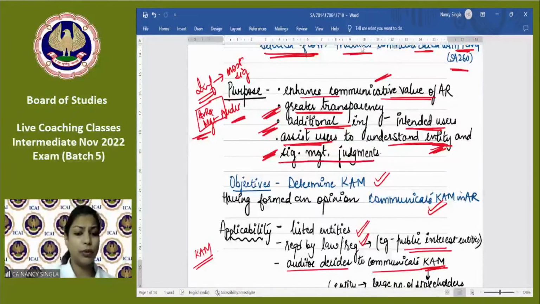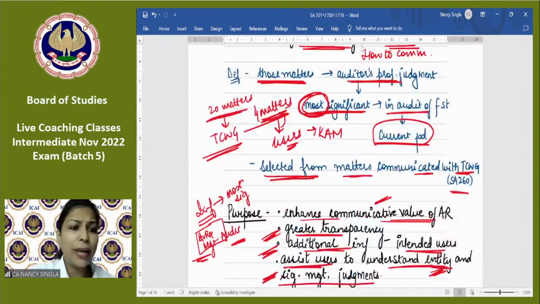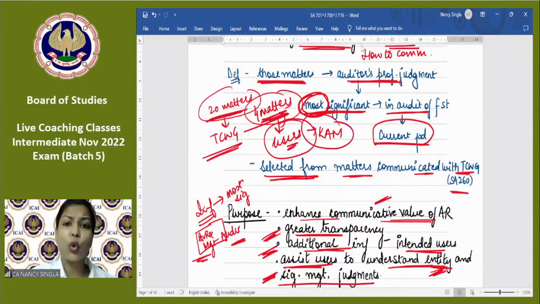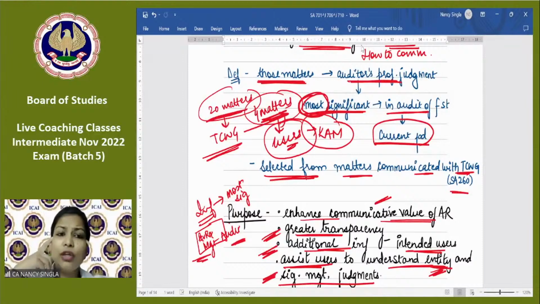अब मेरे को एक बात बताओ क्विकली, when I'm telling you that out of the 20 matters, 4 matters मेरे को लगता है significant हैं, तो have I told you that auditor is modifying his opinion here? नहीं. ये तो क्या हुआ है, that auditor has done the audit, he has concluded, he has formed his opinion, ठीक है. Now when he is writing his report, according to his professional judgment, he feels that